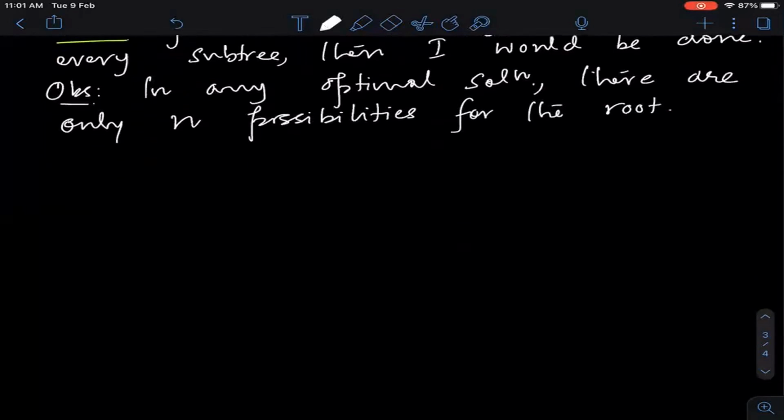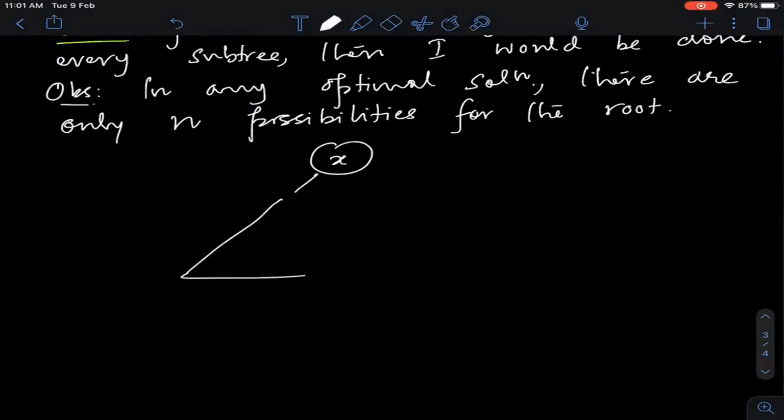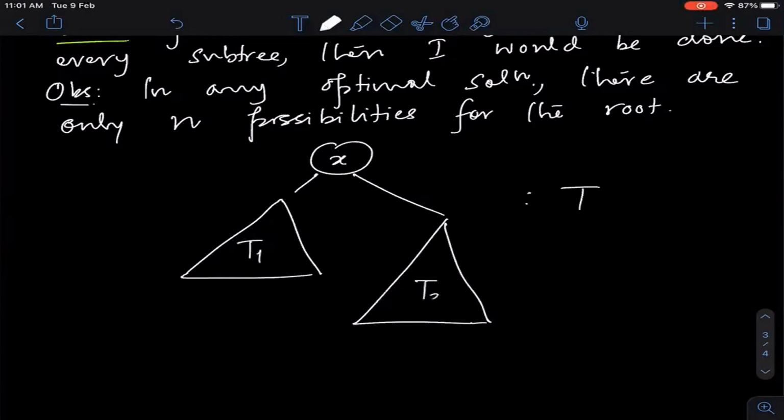Okay, great. Now, again, imagine we are still doing a thought experiment. Suppose this friendly oracle told you that node X is the root of your optimal binary search tree. I'm just looking at the optimal. I'm just eyeballing the optimal binary search tree, and I know, due to the access to this oracle, that X is really the root of this optimal binary search tree. And now, of course, you again have these two things. Okay, so let's now start giving some names. So let's say I call this tree T, this tree T1, and this tree T2.